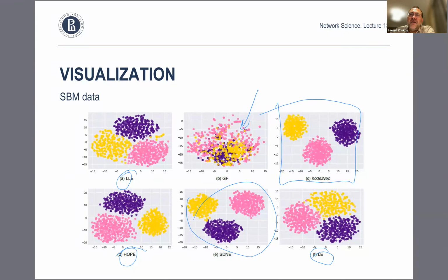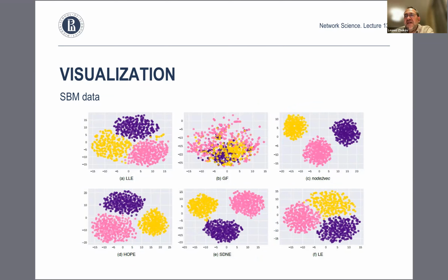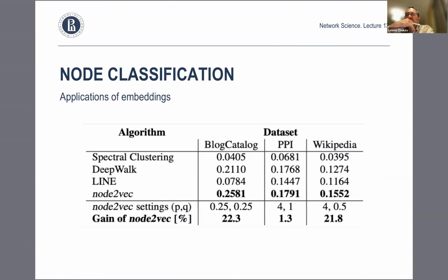So it also brings us to the idea that algorithms can perform differently on different data sets, and depending on the task, you might prefer to use one versus the other. As I said before, we can use those algorithms to compress and store the graph, but we can also use them for various machine learning problems, right? And one of them is the node classification problem. We talked about it in the previous lectures. Here is an example of